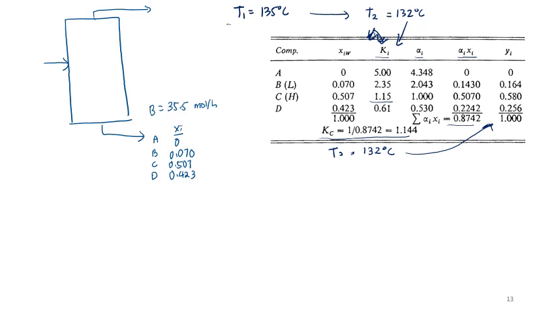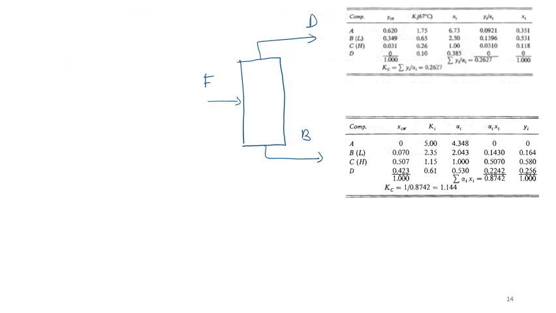Try using the first temperature and try if you can get the second temperature equal to 132 or close to that. Alright, for the next part of the question, we want to calculate the minimum number of stages for this